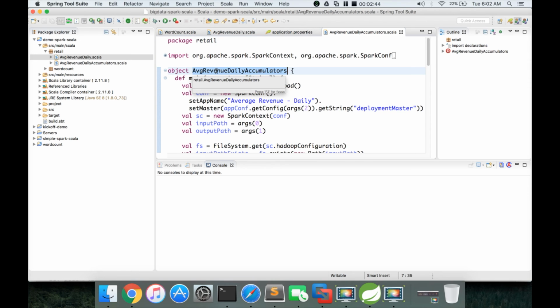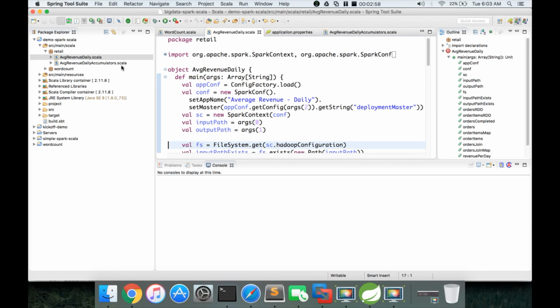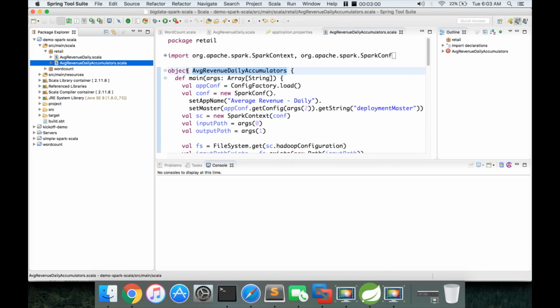Because we already have AverageRevenueDaily here, I renamed the object as AverageRevenueDailyAccumulators.